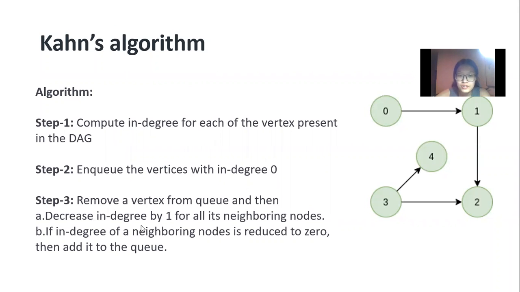So if the indegree of a neighboring node is reduced to 0, then we can add it to the queue. For 1, it will be added to the queue. I think this is a very clear method because by doing this, you can guarantee that there are no edges pointing at a vertex before it gets dequeued from the queue. So it definitely follows a strict topological order. And